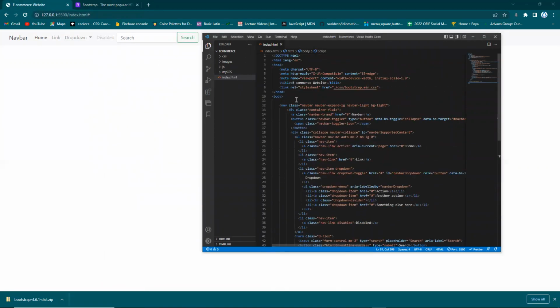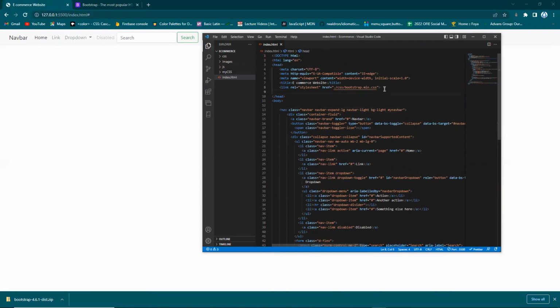Now, when you are doing your custom style, make sure you don't remove anything from here, but you can just add your class names. So Bootstrap has already given their class name, so you can also add your class name, maybe my navbar. And then since you are going to work with your CSS, you have to link your CSS as well. So you go to my CSS,